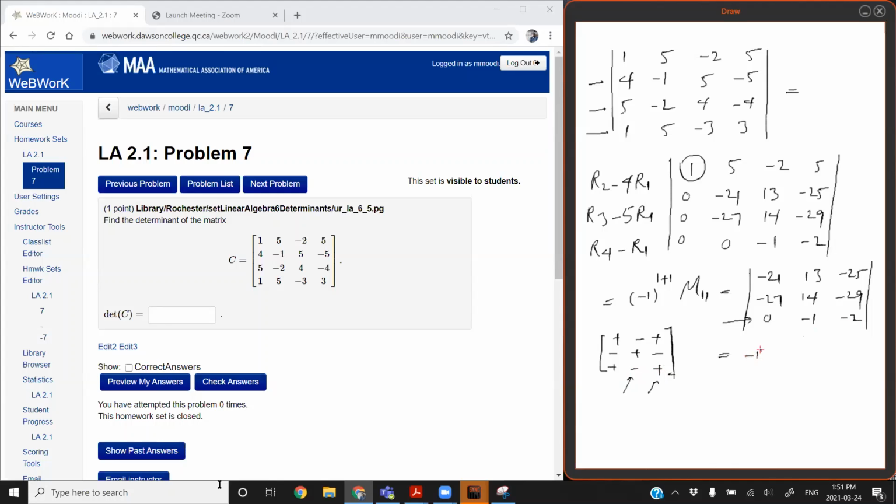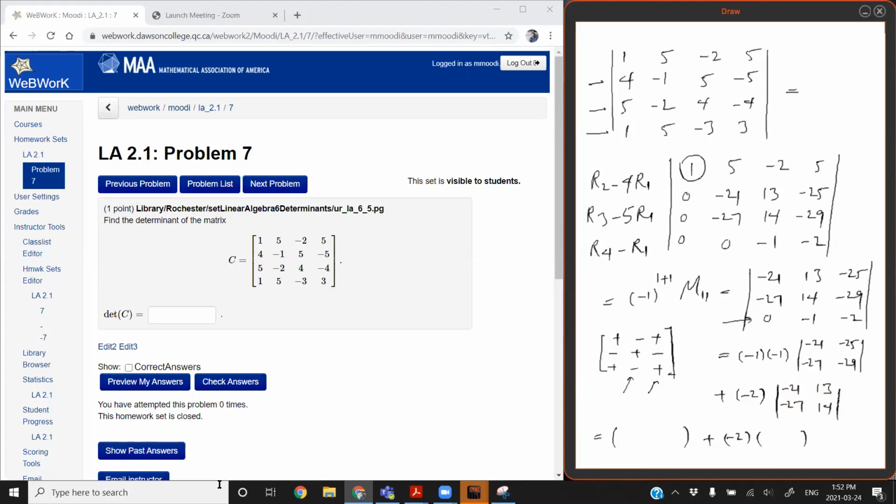So I have negative 1 times negative 1. This second negative 1 comes from this negative over here. The corresponding minor is going to be minus 21, minus 25, minus 27, minus 29, plus negative 2 times the corresponding minor, which is going to be this. So we get, what do we get? Plus negative 2 times,